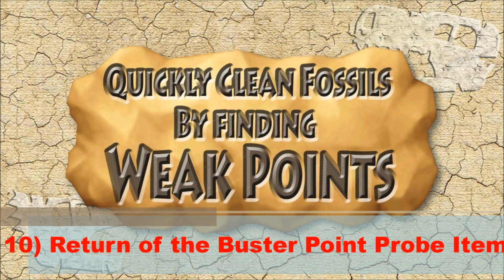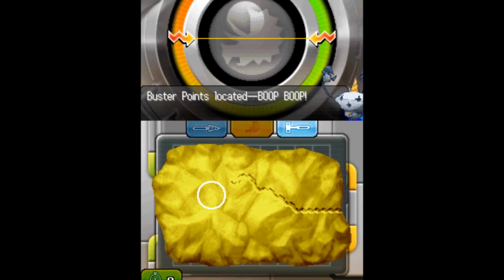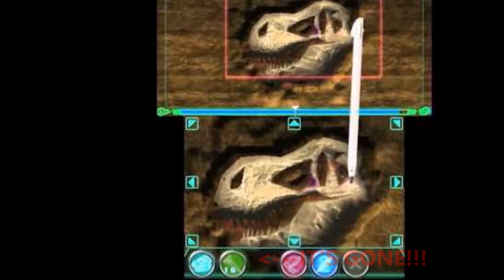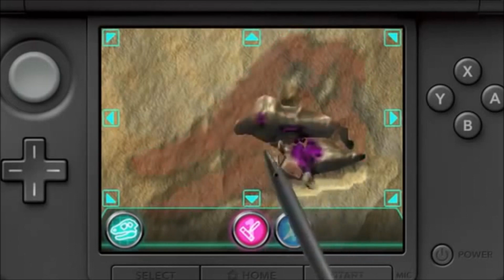Number 10. Return of the Buster Point Probe item. Such was the use of this great item that its absence in Frontier was a bit of an unpleasant surprise to me. Not to mention that such meant you had to be pretty meticulous in the cleaning process. On the bright side, the Time Plus item remained, and there were no dust particles in the cleaning process, because